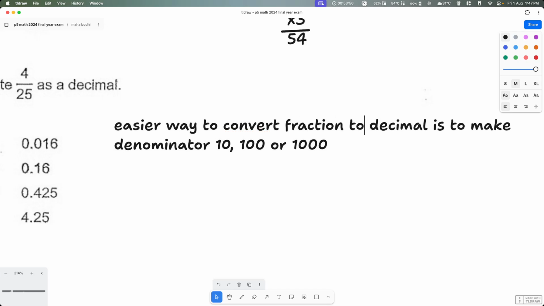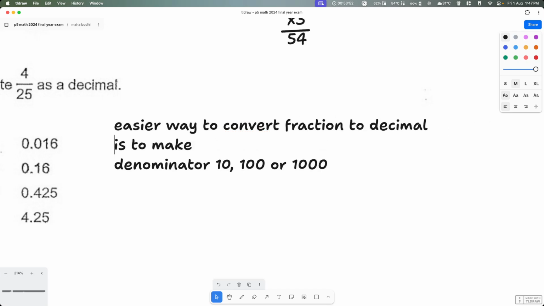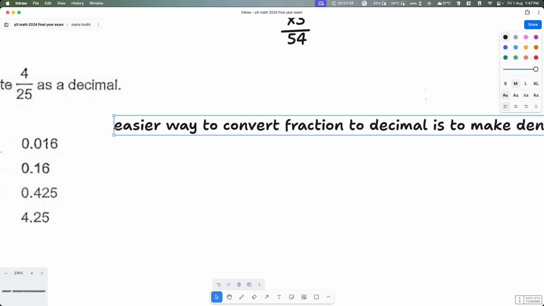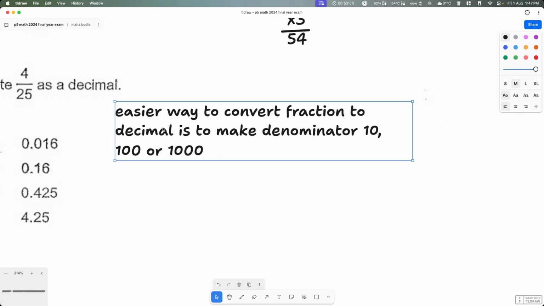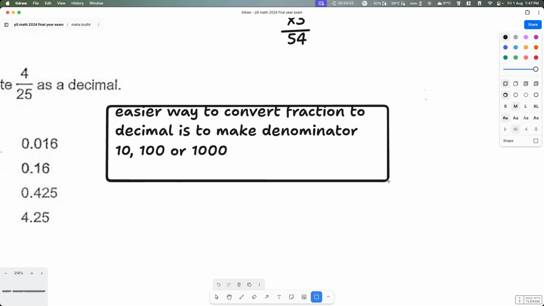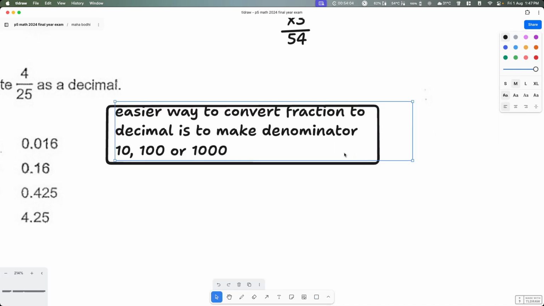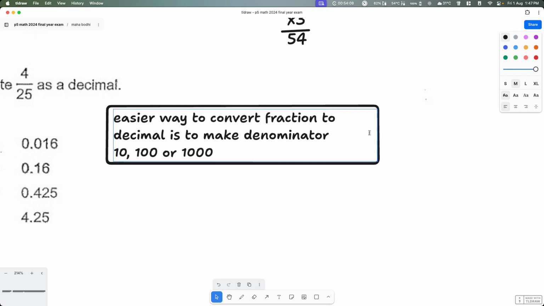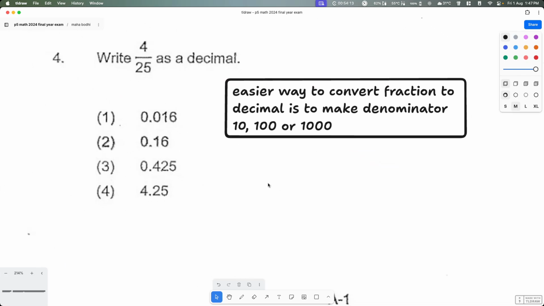Let me just make this into one whole line. Why? Because it's just easier. Nothing new to this, so I'm just going to put it like this. Let me make this a little bit smaller. I don't know why there is a white space over here. For this, we'll just put 4 out of 25, and this is equal to,